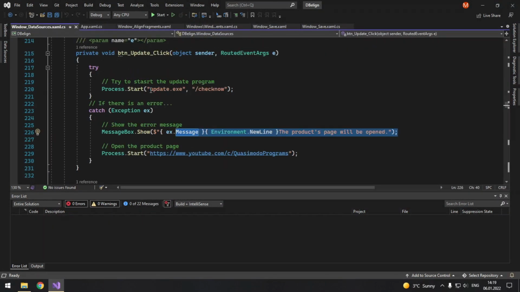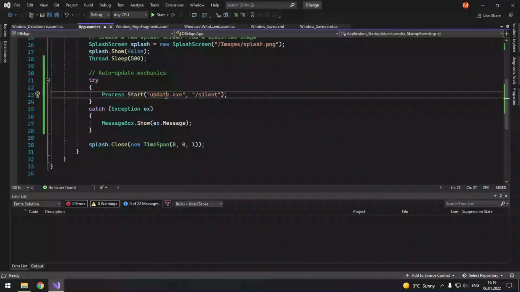And also we don't want to show a full screen window. It will launch silently without a window frame, and if there is a new version it will very calmly suggest that we can update our program. Do we need to do it or no? And if we press no, nothing happens and we go to our main window. And if we agree, well, the program can close and the update process can start.